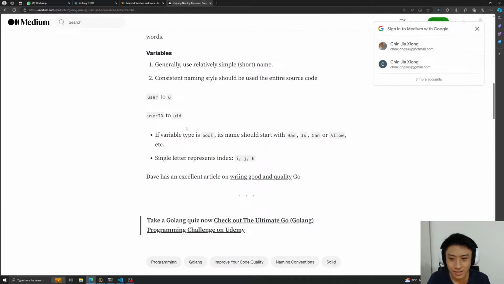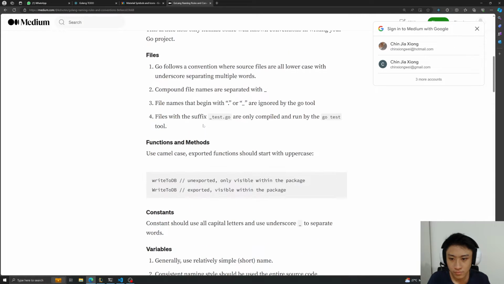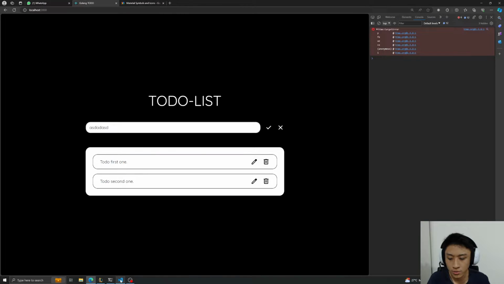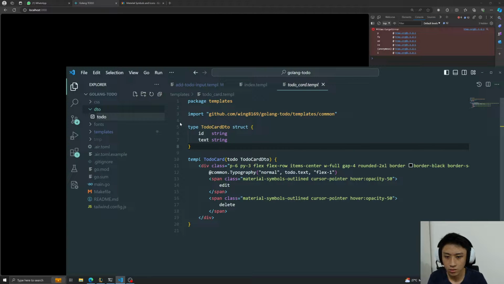Source files are all lowercase with underscores separating multiple words. Compound file names are separated with underscores. Starting with dot or underscore is ignored, which means that I can separate by underscore by creating a DTO file called to-do underscore